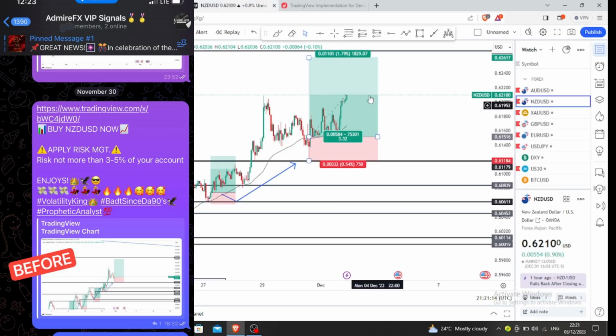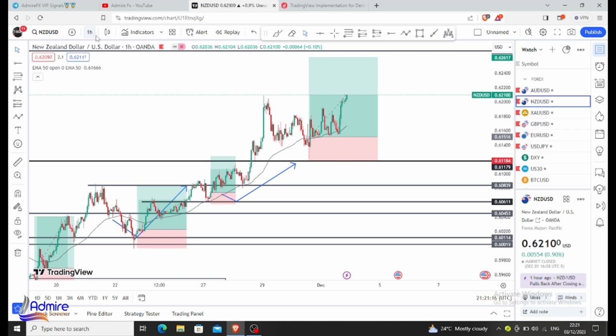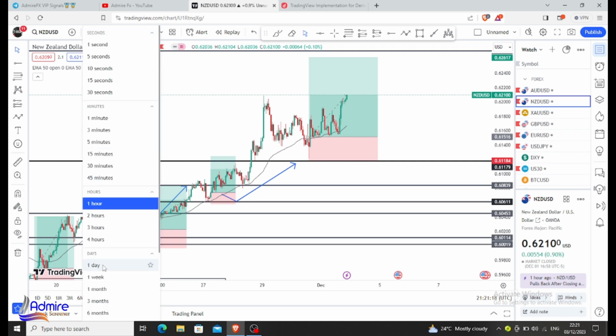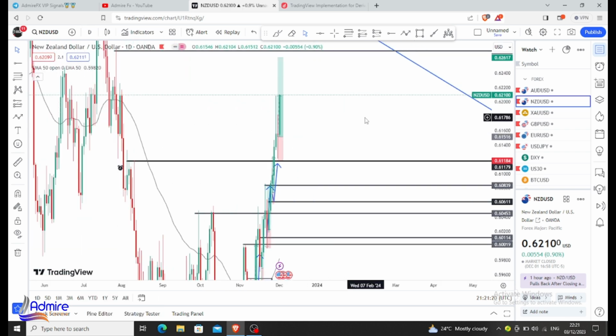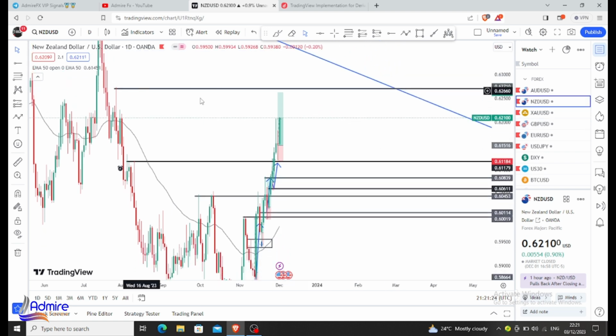We are still swinging. So where is the next possible area for this week to make entries of NZD/USD? I told you guys, these are trades that you can swing. Okay, so the next level that we'll be looking out for bullish continuations would be the next closest resistance level on our daily time frame, which is at 0.6710 area, which is this black line you guys can see here.